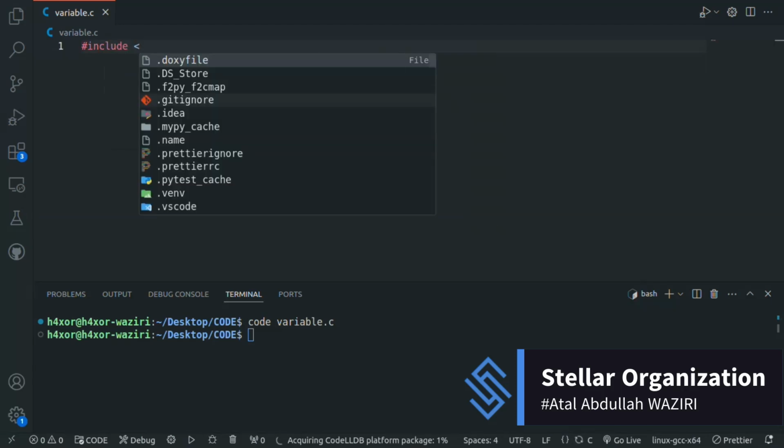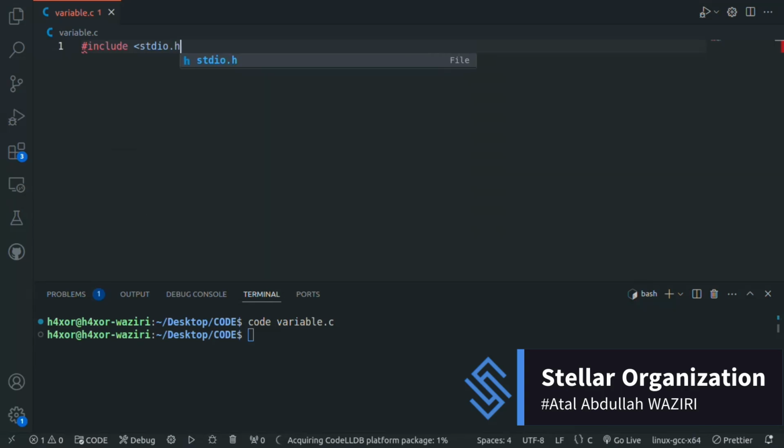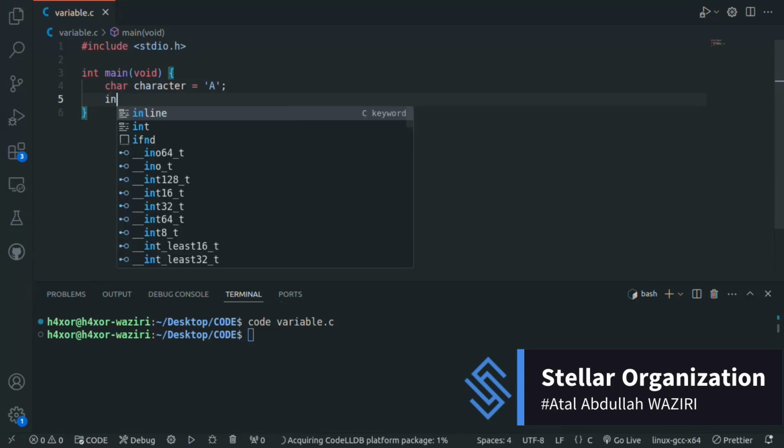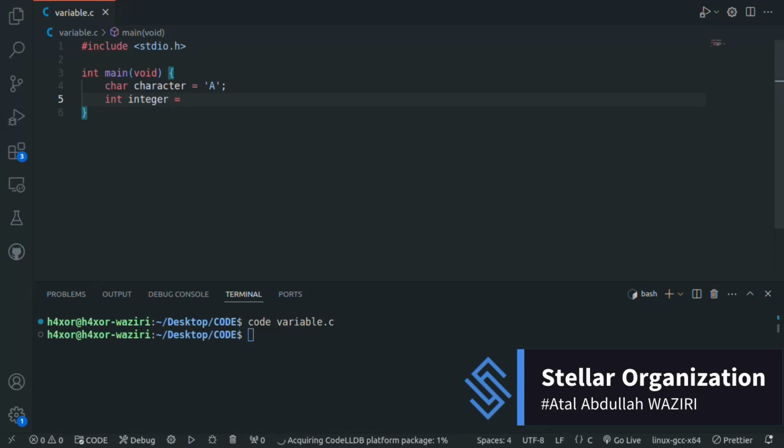Hash include inside angle brackets standard io.h, then int main inside parentheses void, open braces, close braces, and inside the curly braces char, then character equals single quotations a, then semicolon, and int integer equal sign 25 semicolon, then char string open bracket close bracket an equal sign, and inside quotations hello comma world, and then semicolon,